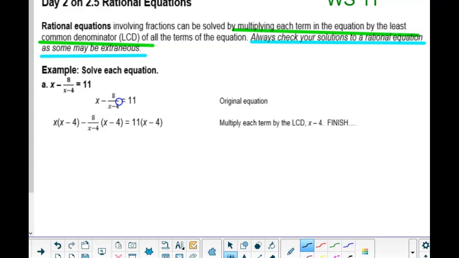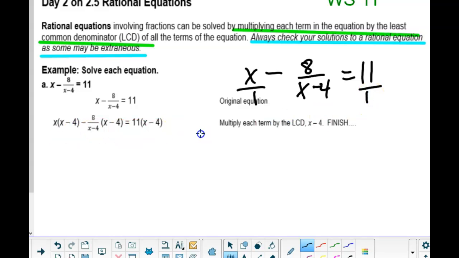What is the common denominator? x over 8, minus x, 8 over x minus 4 equals 11. What's the only denominator other than 1? So we're going to multiply each piece by an x minus 4, which is done for you right there. It's written out. So now let's finish. What is x times x minus 4? Okay. But what happens to this second one? The x minus 4 and x minus 4 divide out, so we have minus 8. Equals, on the right-hand side we have,